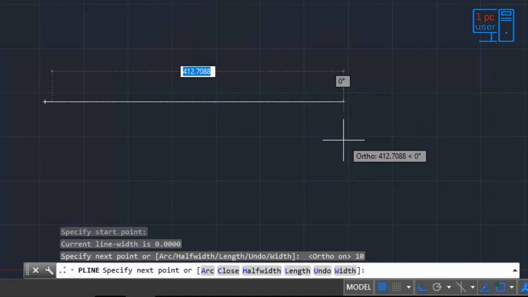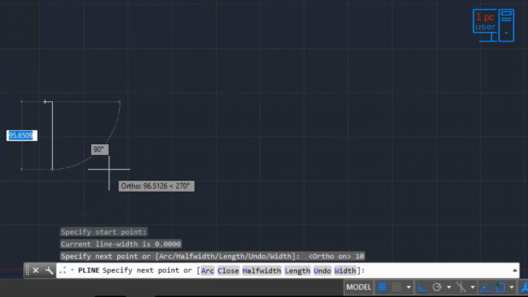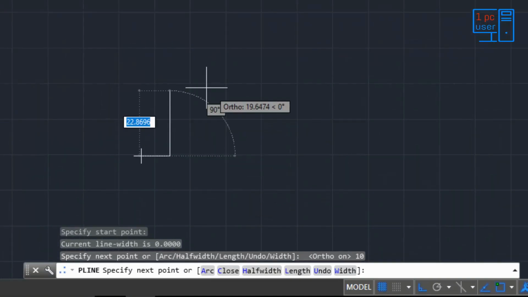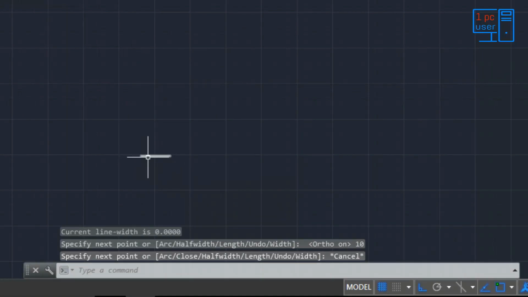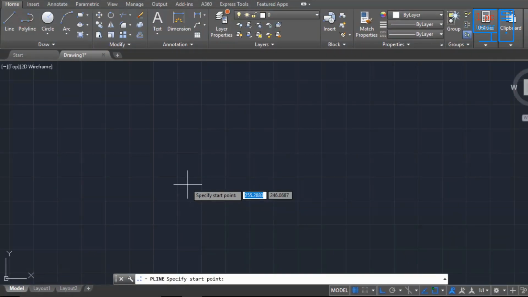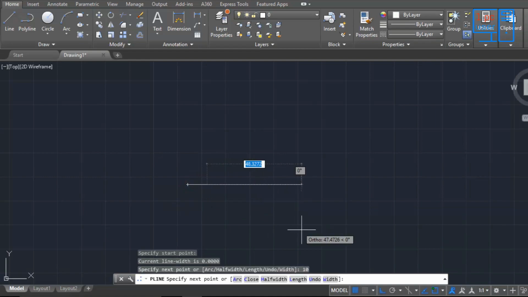So what happened here? This is our line of 10. Let me use it again. Start point. Then I will give you a dimension 10.